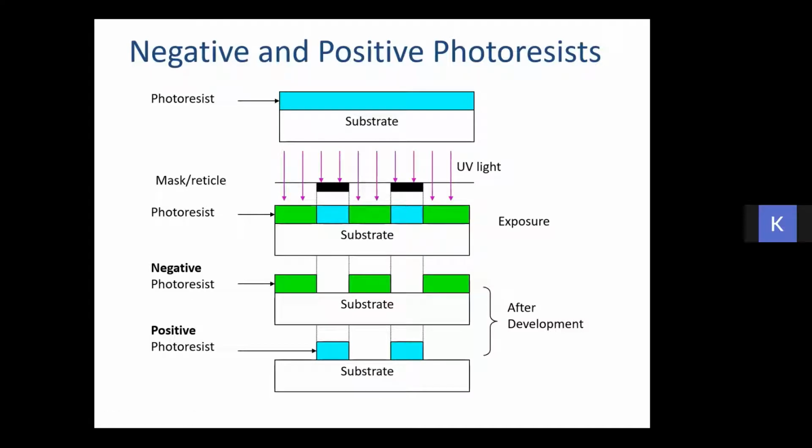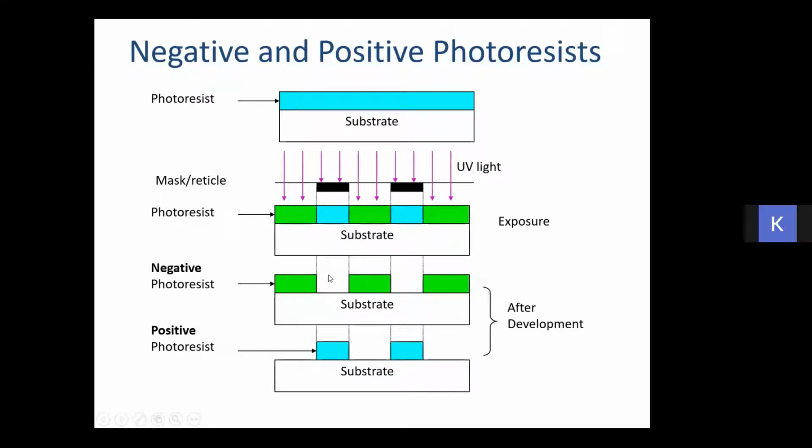Now, as we have discussed just now, the region which is exposed in case of negative photoresist will not dissolve. That means it will remain there, whereas the unexposed part will get dissolved. That's why the blue region, which is unexposed, gets dissolved and you will get a window out in case of